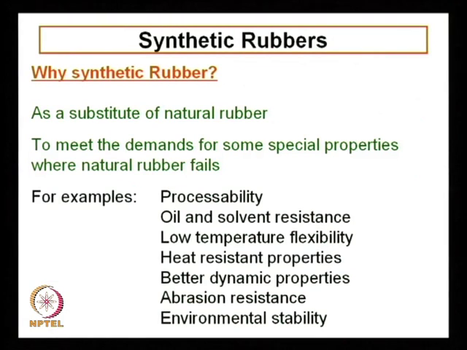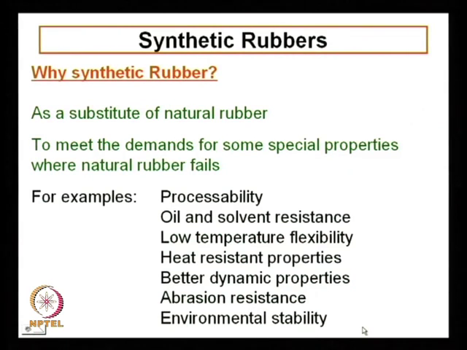To meet the demands for some special properties where natural rubber fails, you see, other than availability, if you have special demands where natural rubber fails, there you can use synthetic rubber for some special purpose applications. For example, processability, oil and solvent resistance, low temperature flexibility, heat resistance properties, better dynamic properties, abrasion resistance,